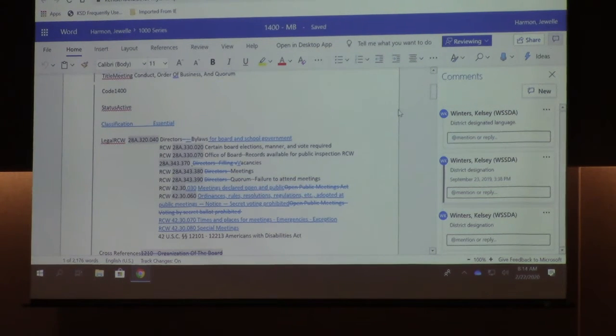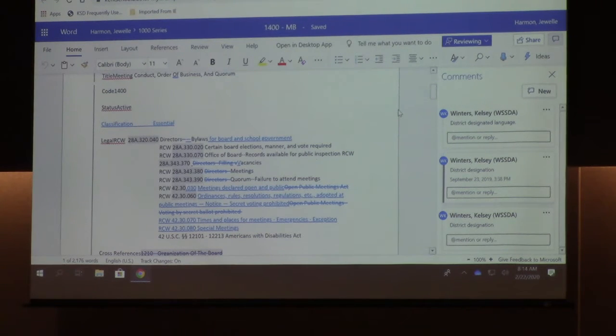I think that you're right to a certain extent. WSSDA model policies are just that, they're models, and they don't fit all situations and all school districts. As Jewel has pointed out, most of these policies are encouraged or discretionary. Hypothetically, a district could run with very few actual policies in place. There may be some legal risks associated with that, and some issues on the operational side, but there are no strict laws requiring them.